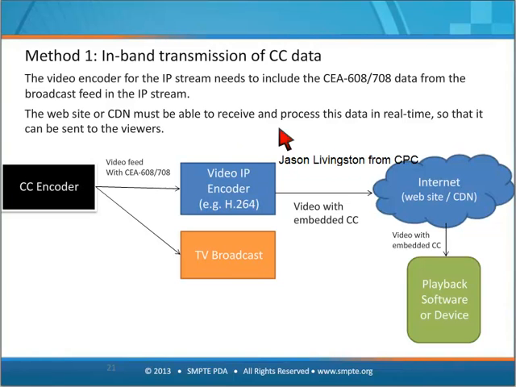At the TV network, you have to encode your broadcast video into a web-friendly codec like H.264, and this encoder will need to preserve the closed captions. It needs to take the 608, 708 feed from your broadcast equipment and do something with it. I don't know exactly what it has to do; it depends on the situation, but it needs to preserve or convert it somehow so that this video is sent to the internet or to the CDN. And then the CDN needs to deliver that video stream with the embedded CC to the playback software, the mobile device that's playing this.